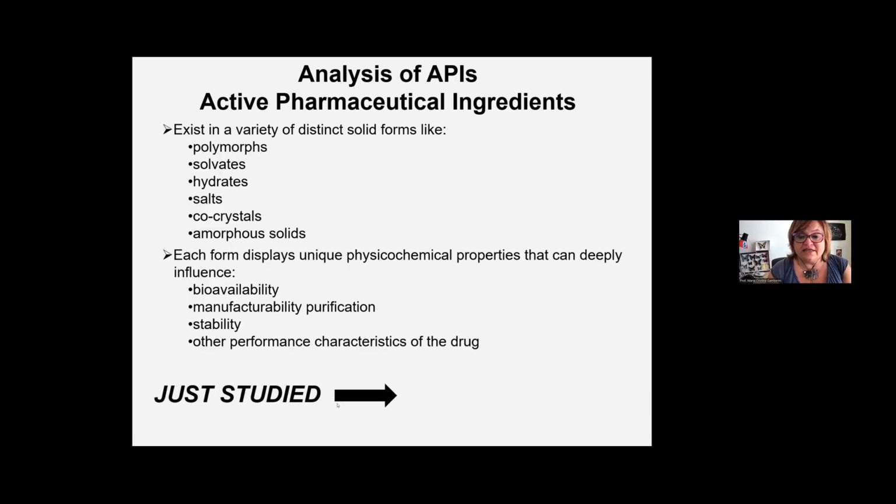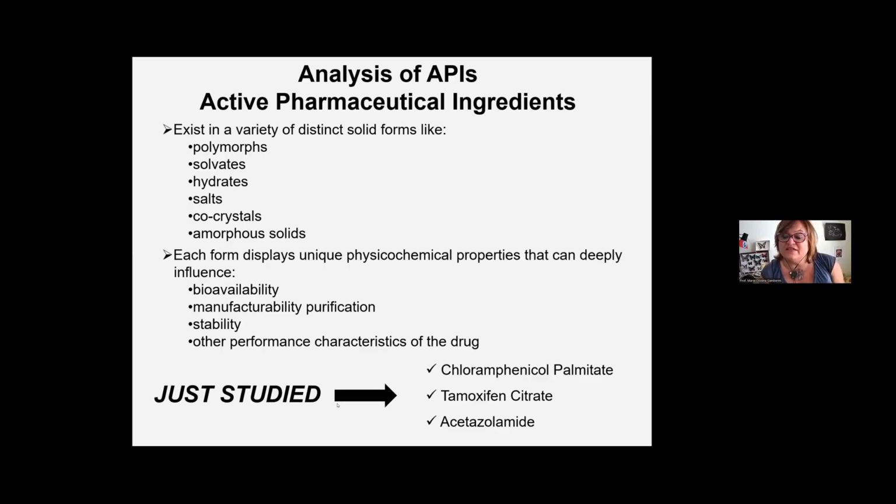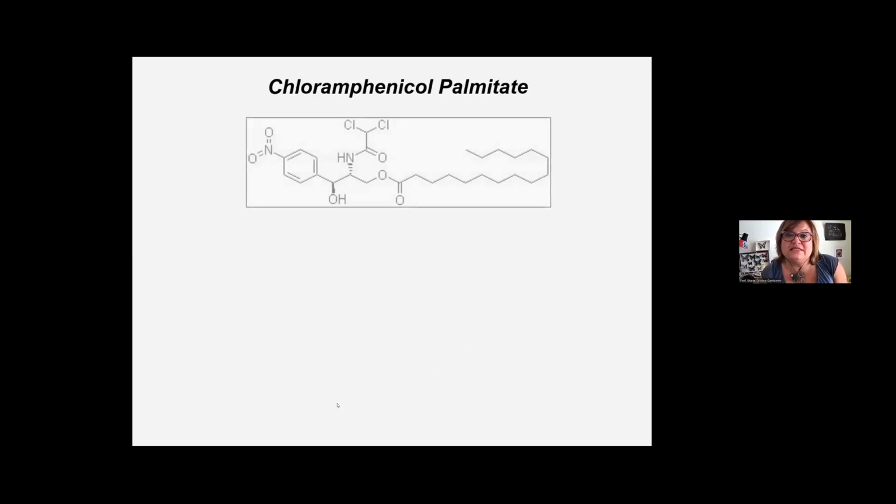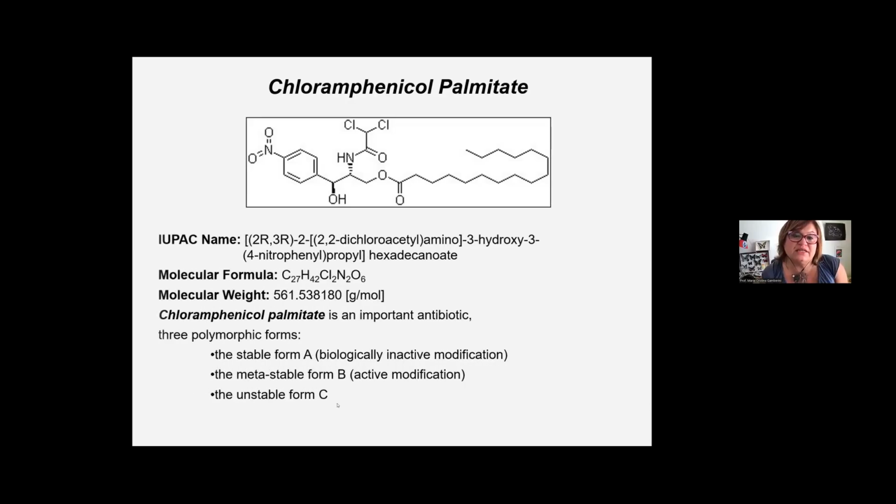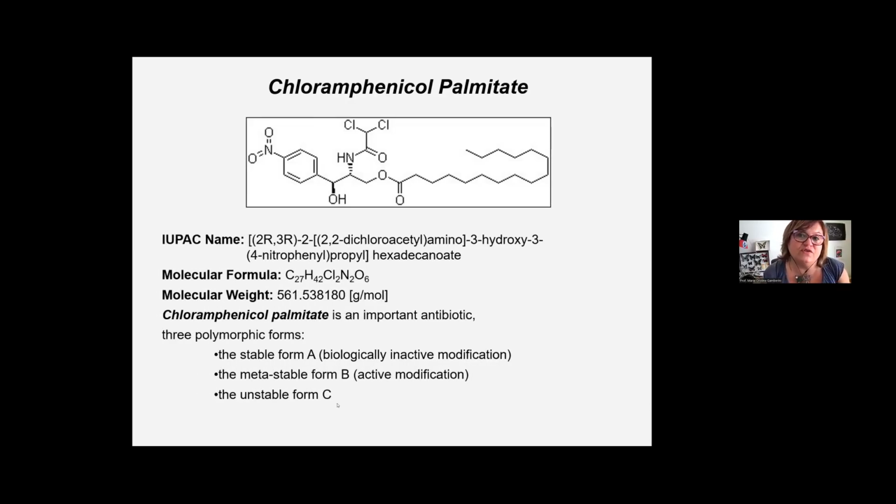And then we study in detail three different active ingredients. One was chlorophyll palmitate, the other was tamoxifen citrate, and the other acetazolamide. We will see some of the results with just one technique. This is the formula structure of the first one. Look here, the stable form is A, the metastable form is B, and it is an active modification. The first one is inactive. It means that you have no therapeutic effect when it is in your body, and the other one is